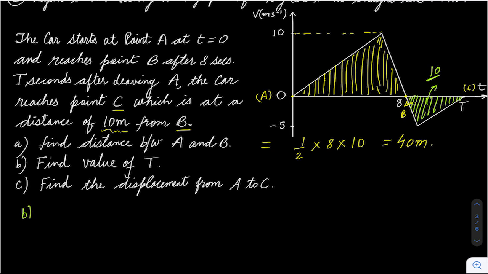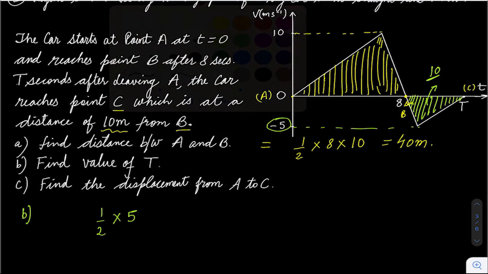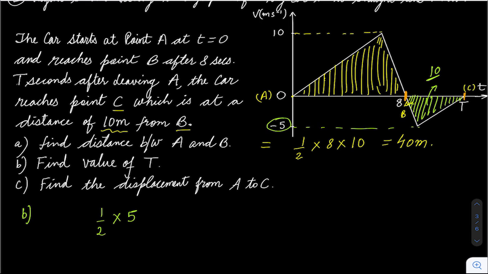So let's find the area of this triangle. For that, I will need base and height. Now height I can see, the lowest point is -5. So the height is 5. So that is clear. So what is my base now? Base is this length. So this length I will use some other color. This is 8. This is T. So obviously the distance between 8 and T is T minus 8. So this length is T minus 8. As simple as that, right?